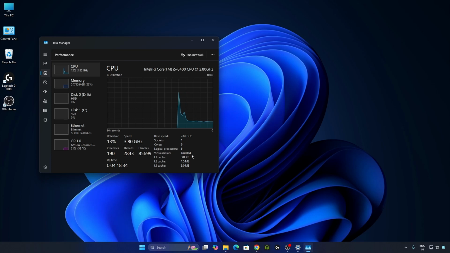Since every computer comes with a different BIOS utility, it's not possible for me to demonstrate. So you have to find the virtualization technology option in your BIOS settings and enable it yourself. Apart from virtualization, there is one more Windows 11 feature that you need to enable, which is called